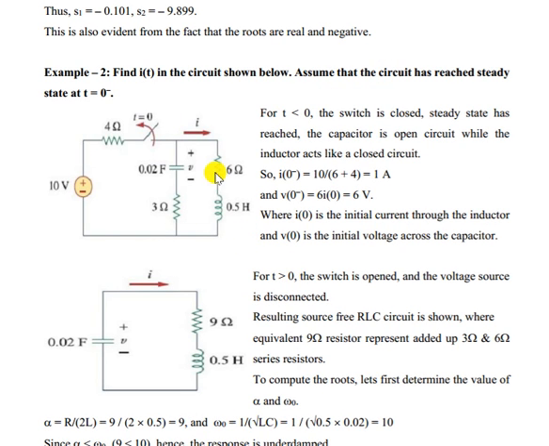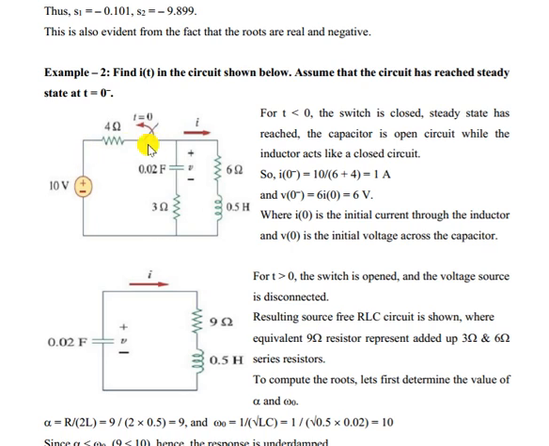Now the second problem. This is a circuit. Assume that the circuit has reached steady state at t equal to 0 minus. The switch is opened at t equal to 0, and before that it was closed. So first you have to find out from the switching operation what the circuit is. Then assume the steady state condition: make the inductor a short circuit and the capacitor an open circuit. The switch was closed before t equal to 0, that means at t less than 0 it is closed, so the inductor is a short circuit and the capacitor is an open circuit.